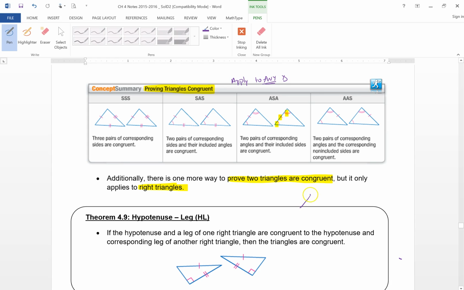What if, let's take a look at this one. If you had an angle and 2 sides here. Okay? So that's not one of the ones we've done so far. An angle and 2 sides. It turns out there is no way that that will work. So if you have an angle and 2 sides congruent, you can't prove that the triangles are congruent, except if